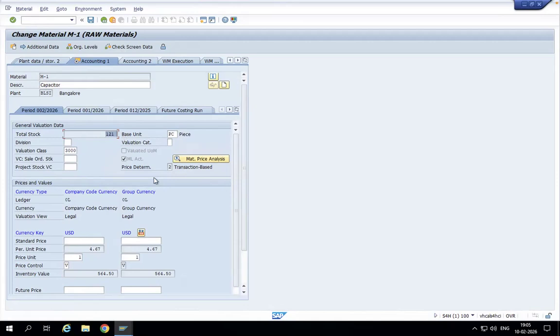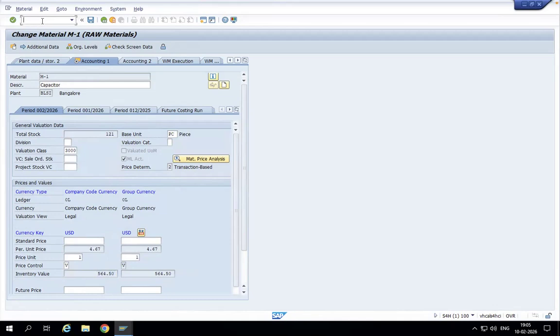I'm just taking a screenshot of this. So this is the situation now. Total stock is 121, the moving average price is what it is valuated at, and the per unit price is 4.67, and that's how inventory value is